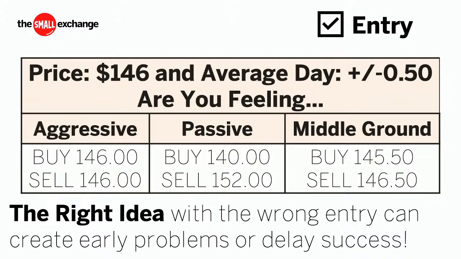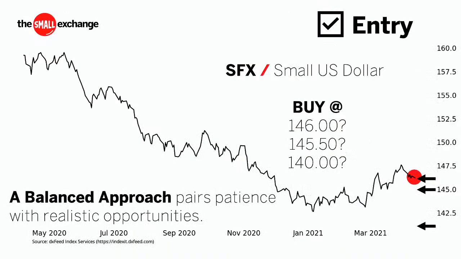But I would say, hey, if I want to buy it, I'm going to put an order 20, 30, 40 cents below the market. Once you start getting outside of 40 or 50 cents, you're probably not going to get hit. So it's really a matter of finding that middle ground here in your entry, because looking at the chart in SFX really illuminates it for me and really makes my case for the balanced approach just with this graphic,